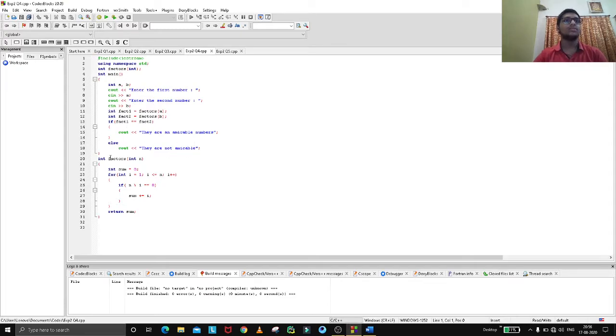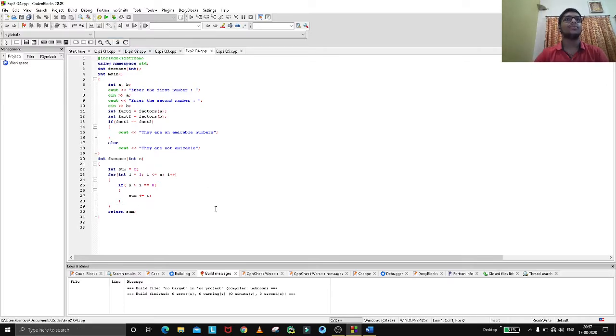But how it works, we will go to the factors of int n. So we will create a function factors, int sum equal to 0, int i starting from 1, and less than or equal to n, which is my number, i plus plus, then if n % i equal to 0, sum equal to sum plus i. It's a very simple logic. We have to find the factors only. So every number should be divided by i. If it equals 0, then we can count sum plus i. Then it will return sum.